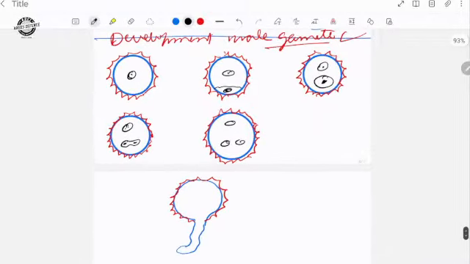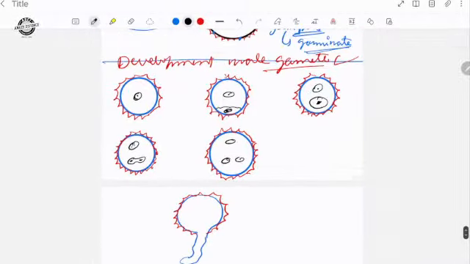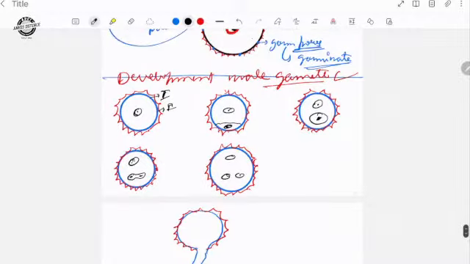See here. This is a pollen grain. Inside one is intine, you already know. The outer one is exine. I am just denoting intine with I and exine with E. Inside that is cytoplasm, very well known. Each and every cell has cytoplasm inside it. Okay. Then in the second stage, what?